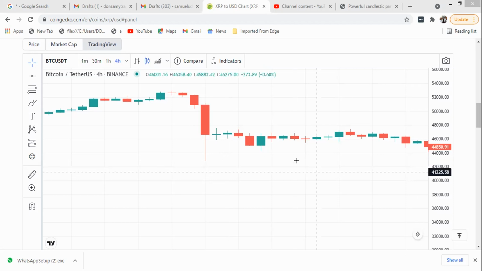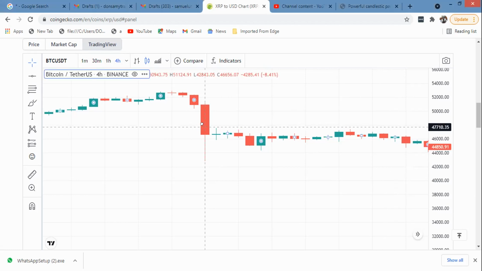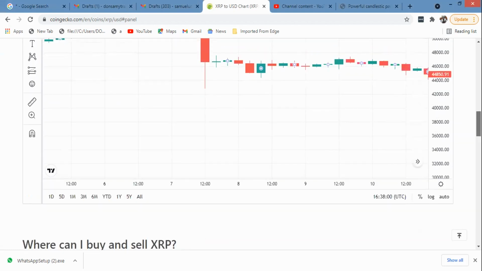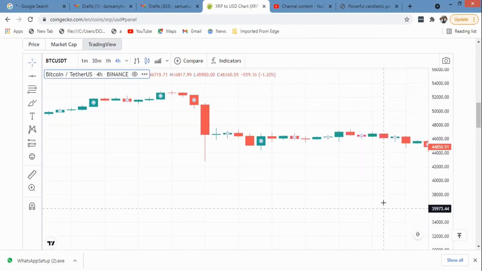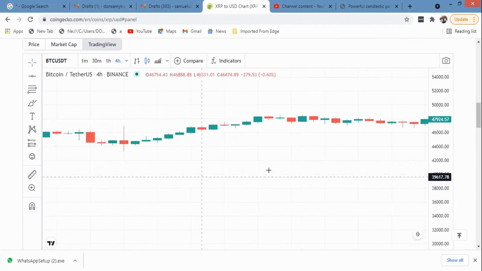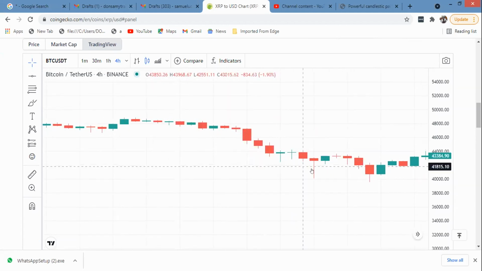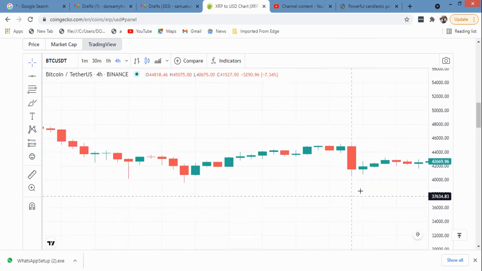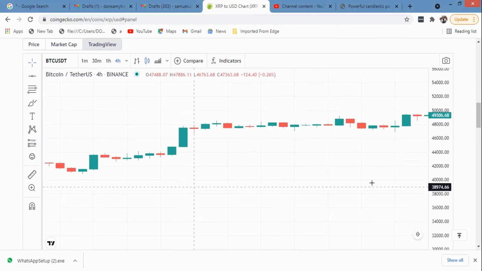And this was on the 7th of September. This happened on the 7th by 12 noon. Now, the market did that and did that again. You can see it came back down again, dipped again, and in October,